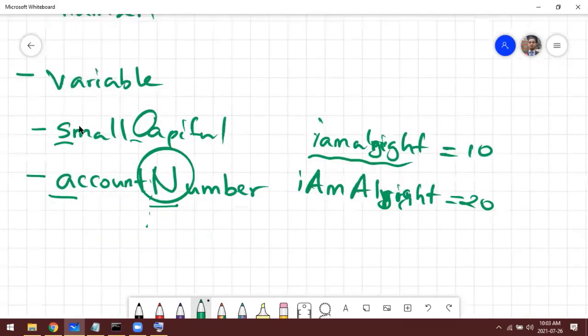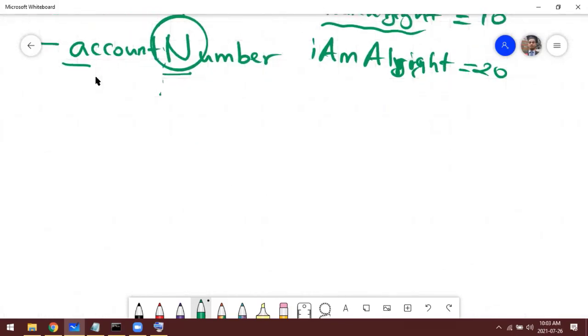And then if you want to give a class name, that comes under object oriented. But anyway, if you want to give the class name or function name, start with capital.